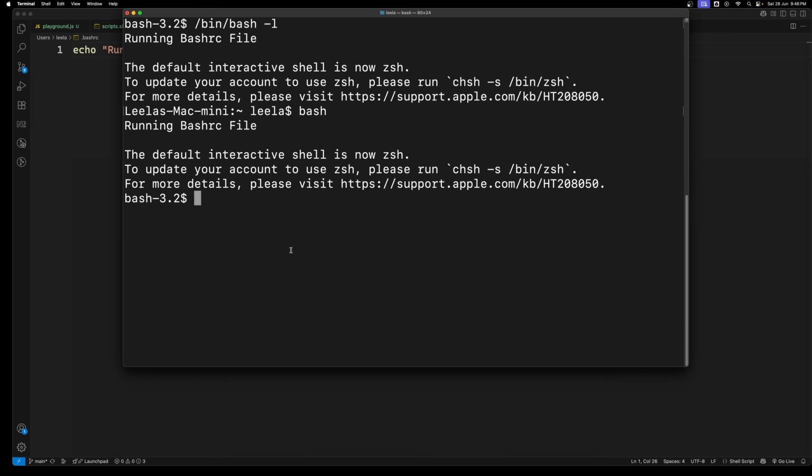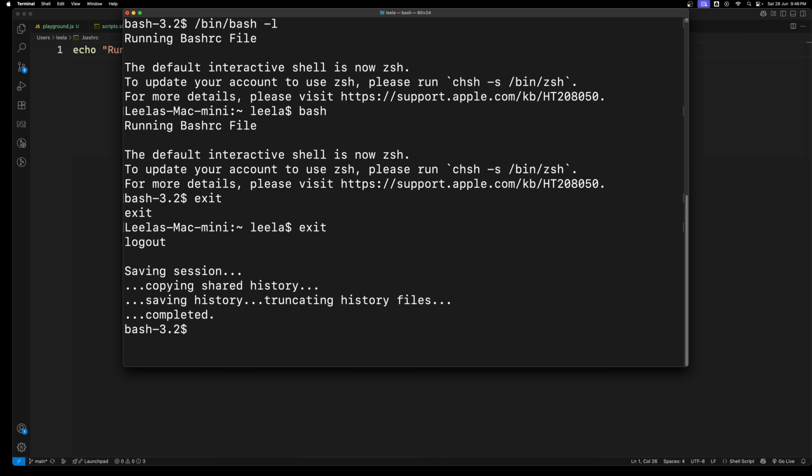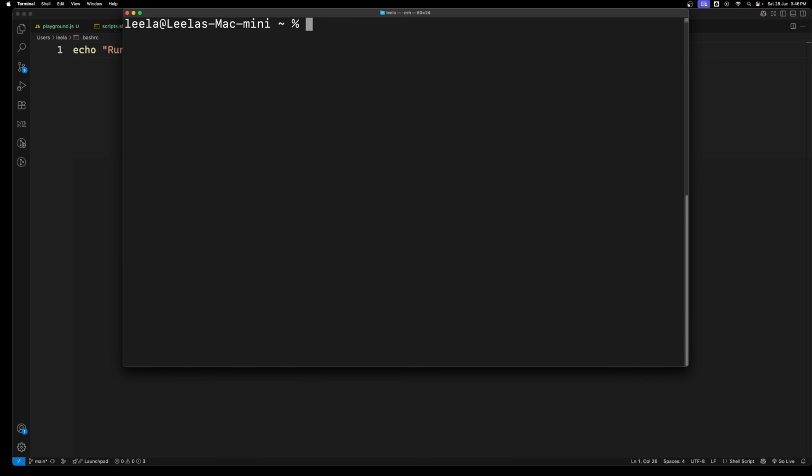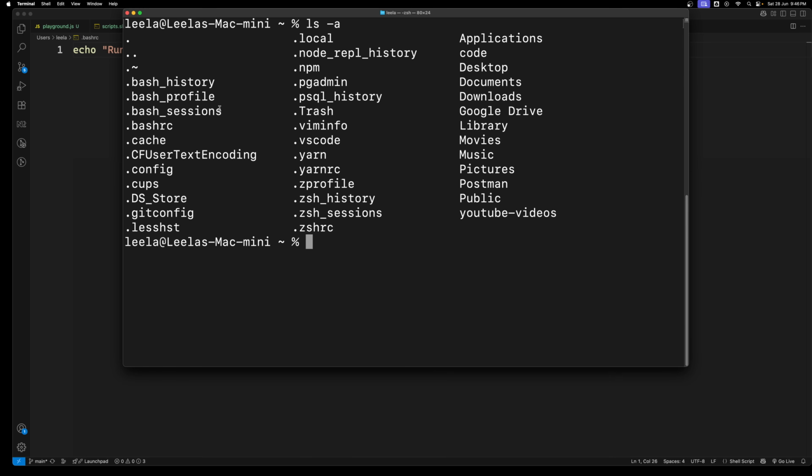So now let's do the same thing for the profile also. Let's try to open this profile. So I will be exiting this one, I will be exiting this one also. So here we are having the bash, right? So I will exit this one also. So now here I am in the zsh shell again. So now let's run ls -a. So here we are having the .bash_profile. Let's try to open the